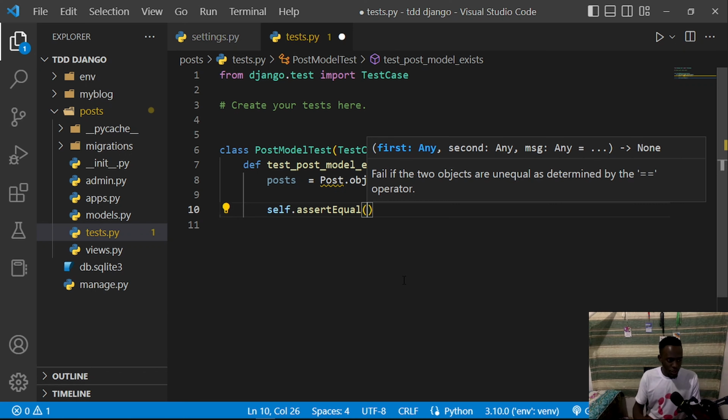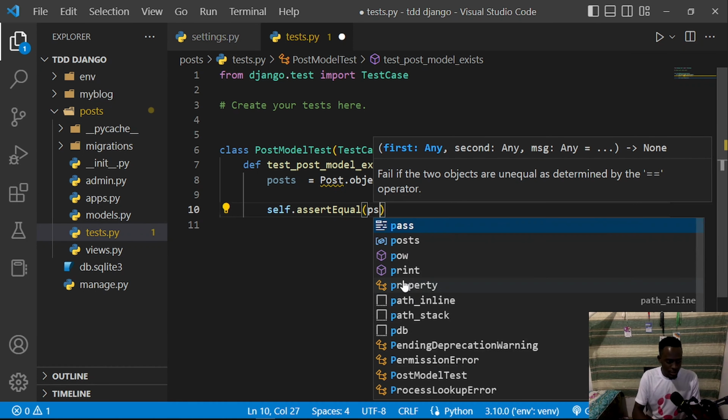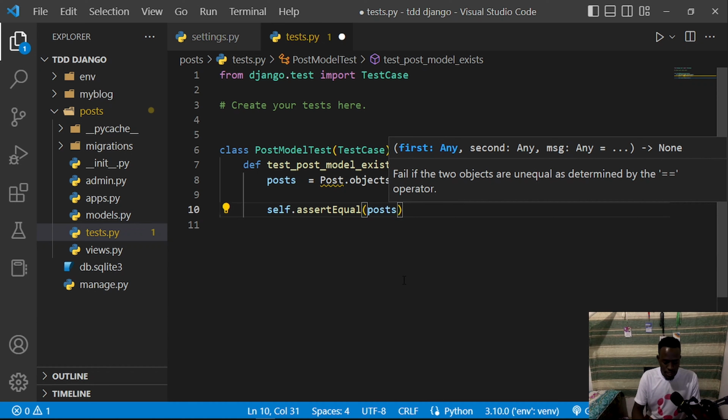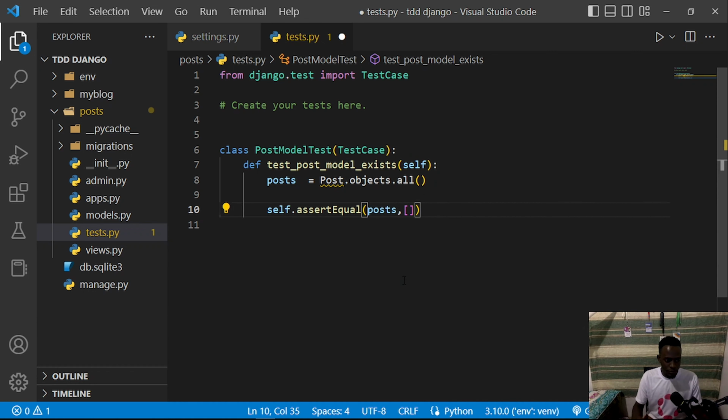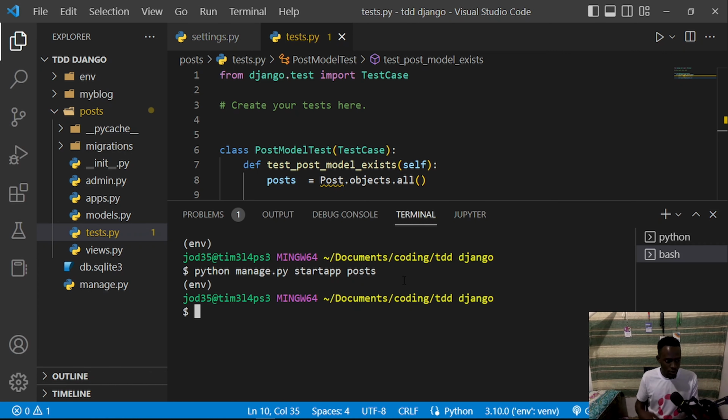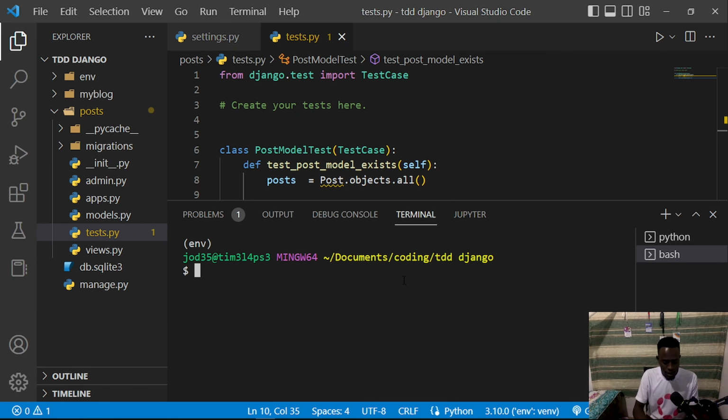Now in this case, we're going to say if the posts is equal to an empty list or an empty query set, then that means our test is going to pass. So when we do this, I'm going to save, and the way we run our test is by coming down in our terminal and running python